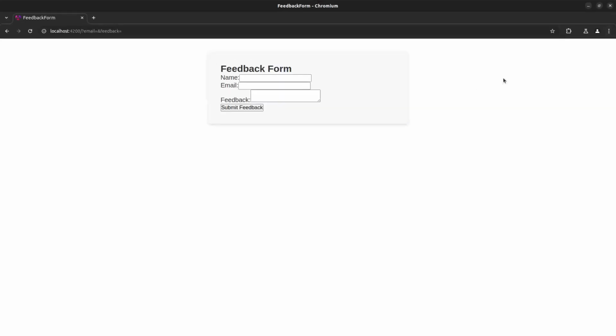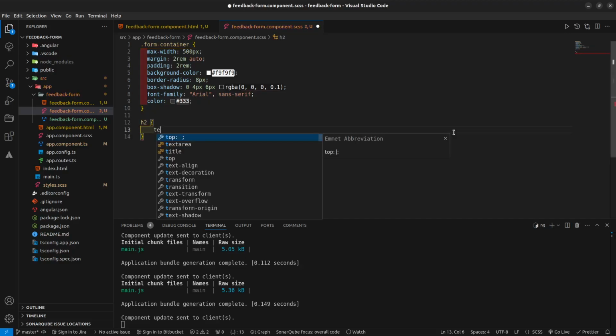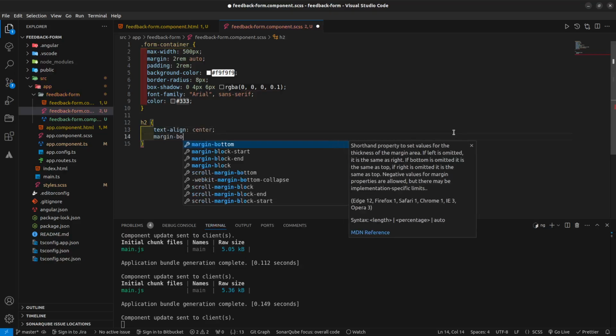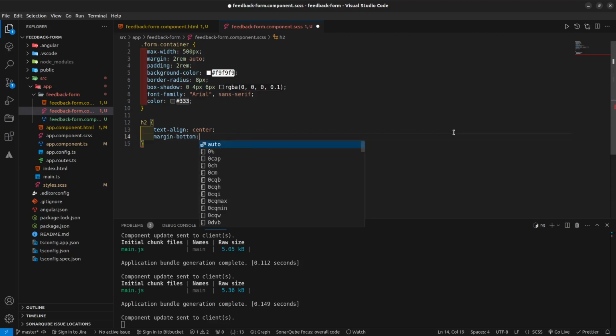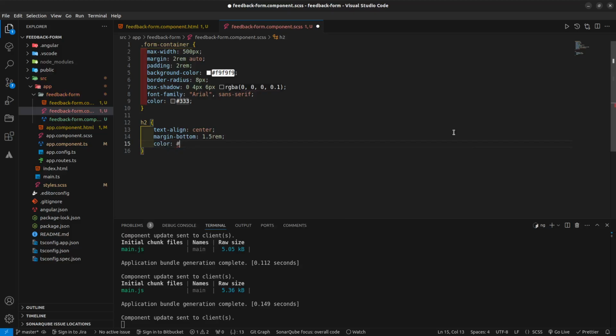Okay, so it looks a little bit better. Now let's style H2: text align center, margin bottom 1.5 rem, color. It will be somewhat blue color. Okay. Form